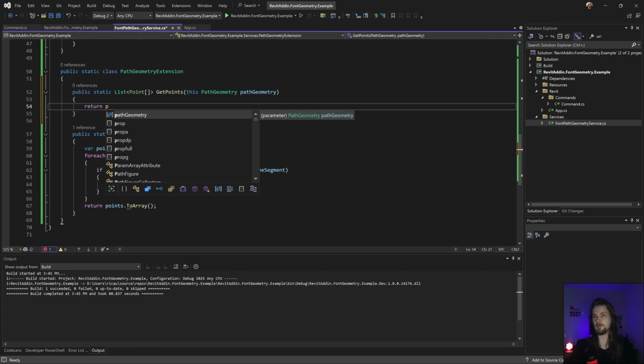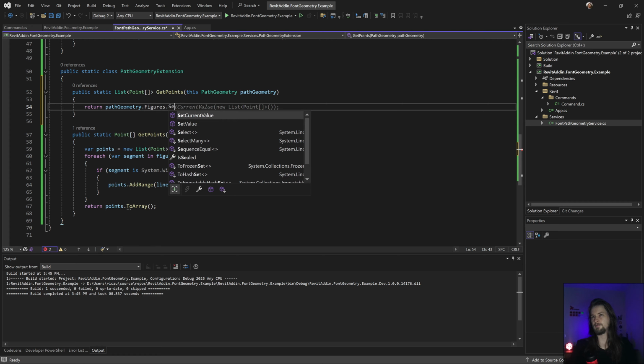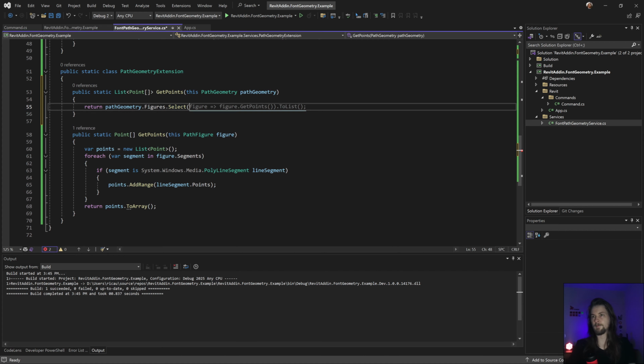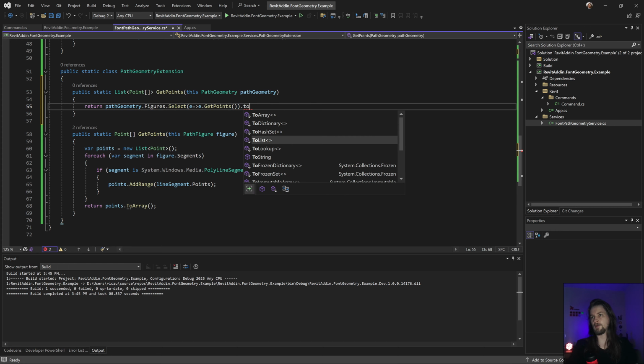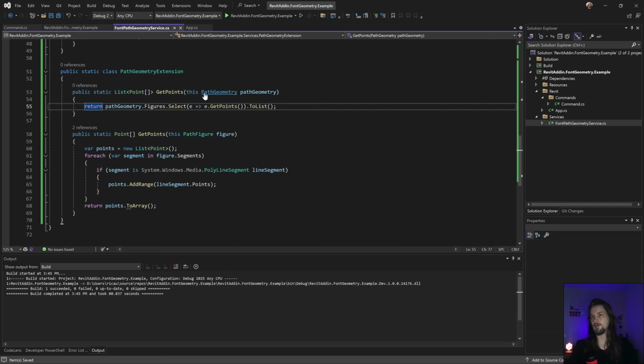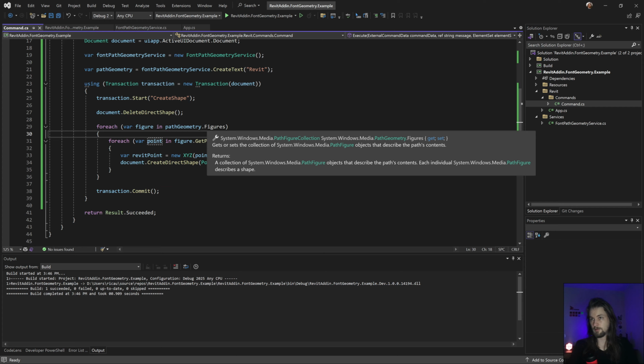Select. Yep. Get points. Something like this. True array. To list. Yeah, actually, this should work the same. It's gonna be made more easily.